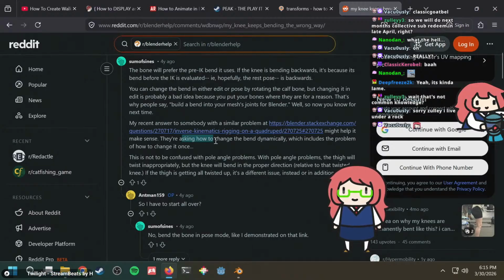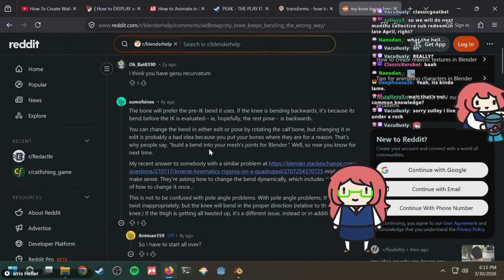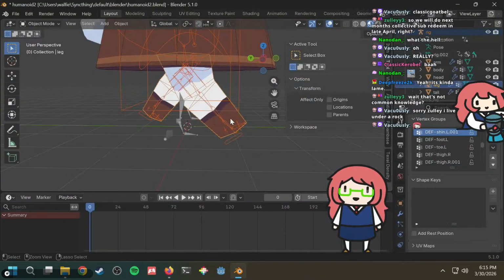It might help asking how to change the bend dynamically. Pole angle problems. The thigh will twist inappropriately, but the knee will bend. Build a bend into your meshes joints for Blender. No, but I did that.